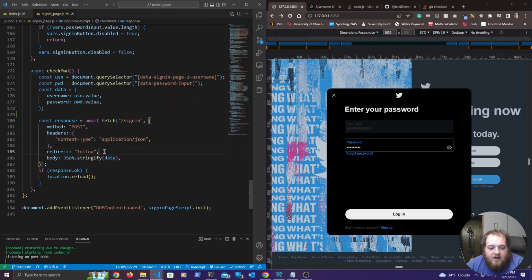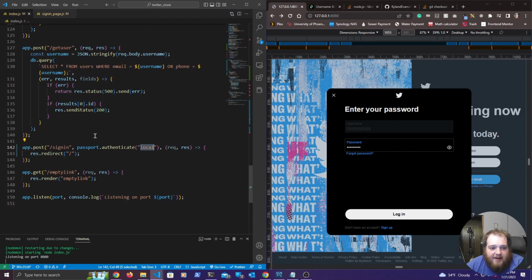I don't know if it's really needed, but either way. And then the body is going to be that data stringified. All right. And then that request is going to be sent off to the backend, to this post, app.post/sign-in. It's going to hit this passport.authenticate, and it's going to look for the